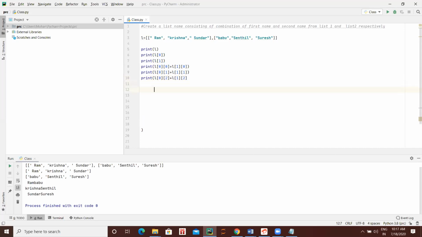After plus, give some space. After plus, give double quote. Concat with this space won't work.